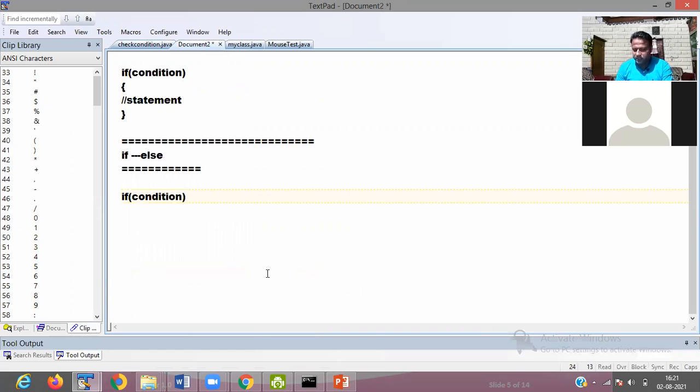If your condition is false, then the else block is executed. In the previous program, what happened? If I pass 0, then nothing is displayed. Now, if I pass an else block, then it will display some value.